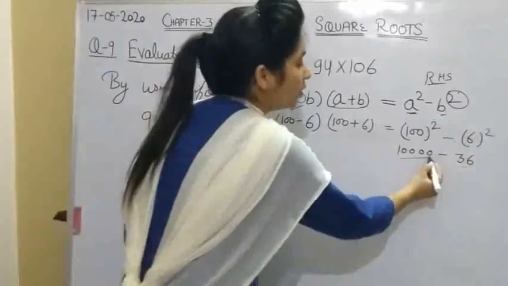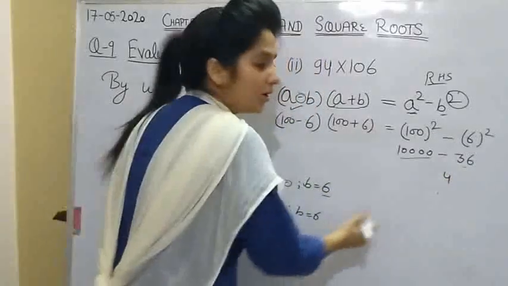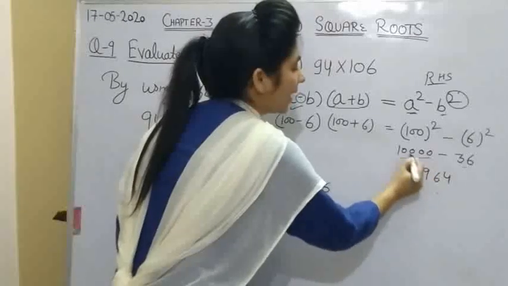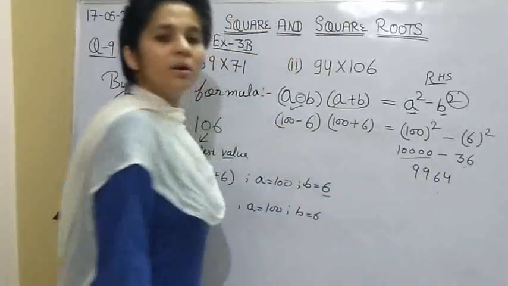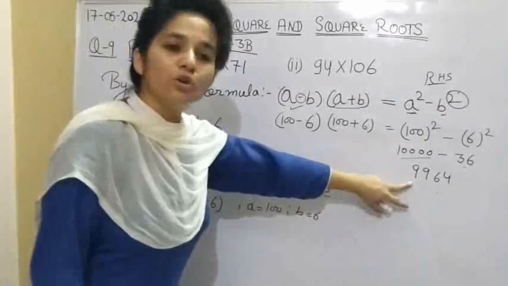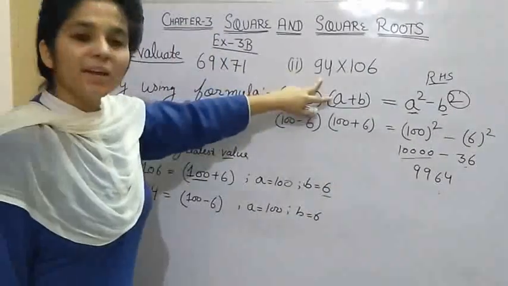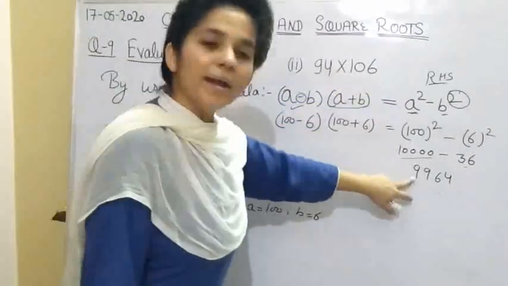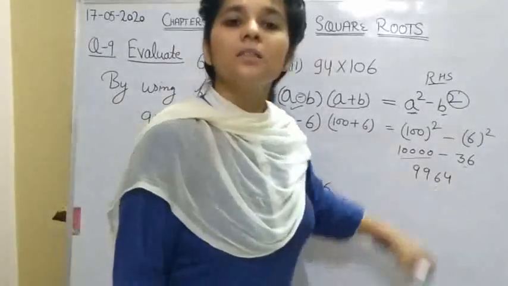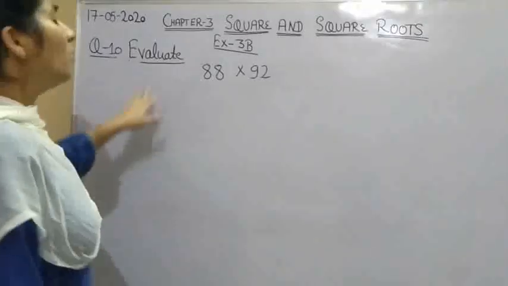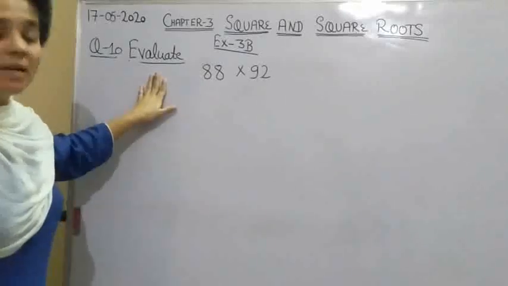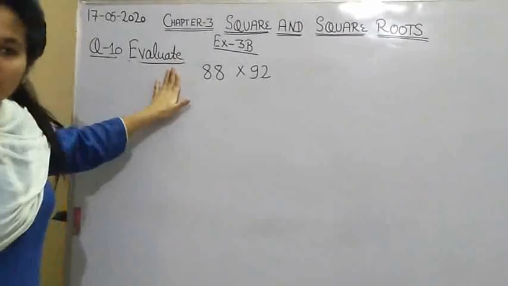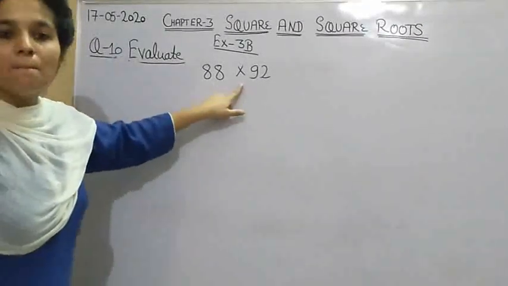It will be 10 minus 6, 4, 9 minus 3, 6, and there will be 9 and there will also be 9. So the required solution of 94 multiplied 106 is 9964. Now coming to question number 10, same as question number 9, that is evaluate 88 multiply